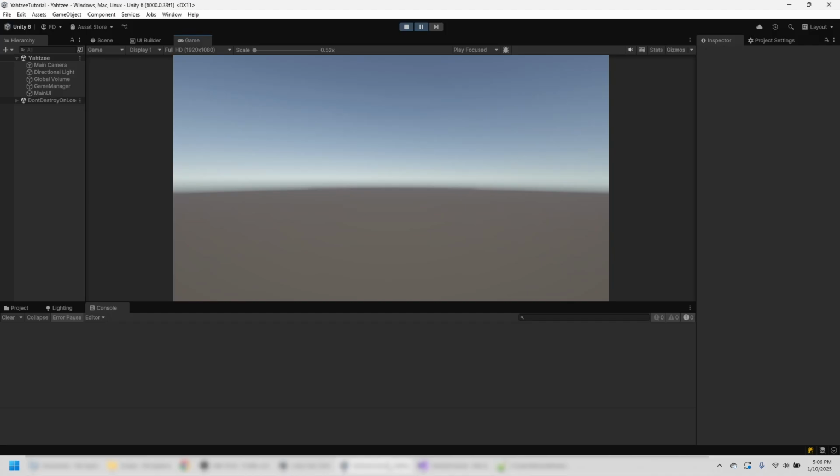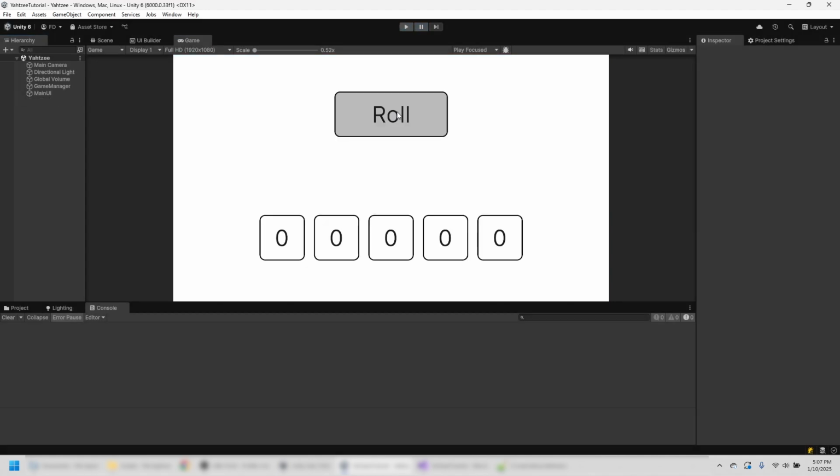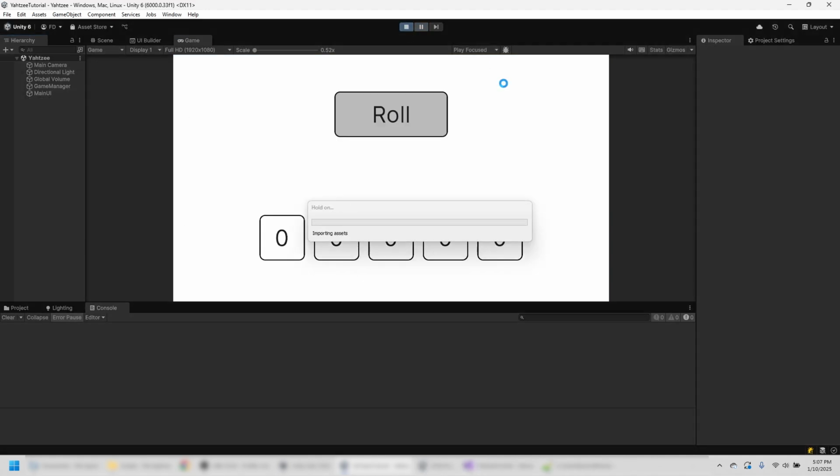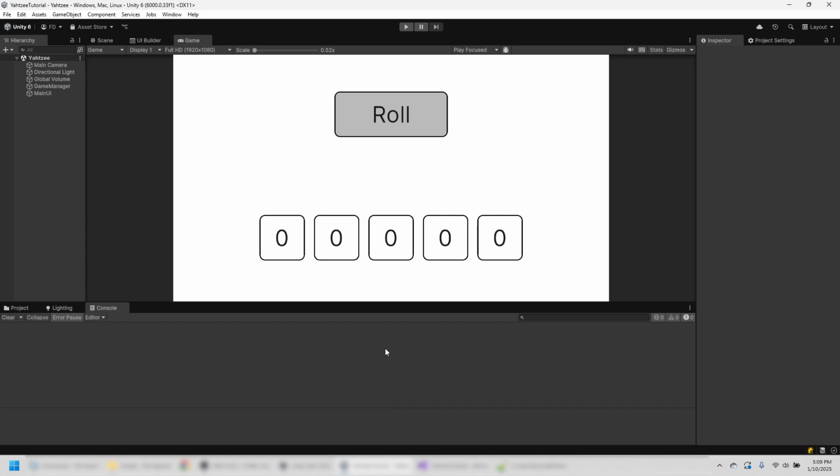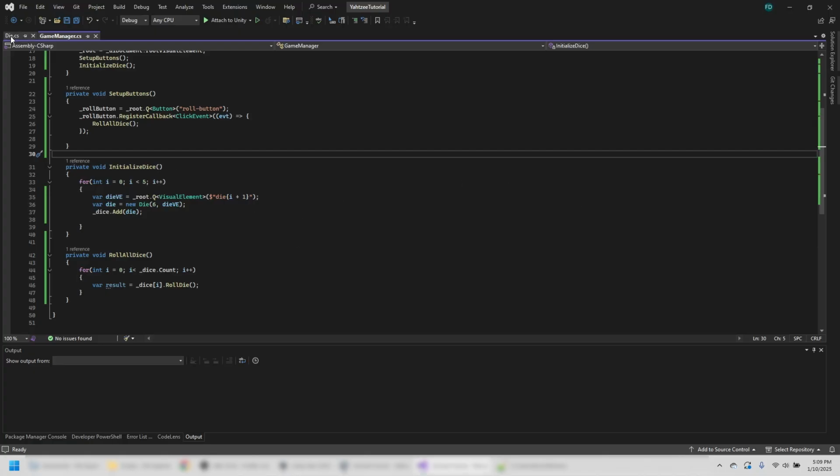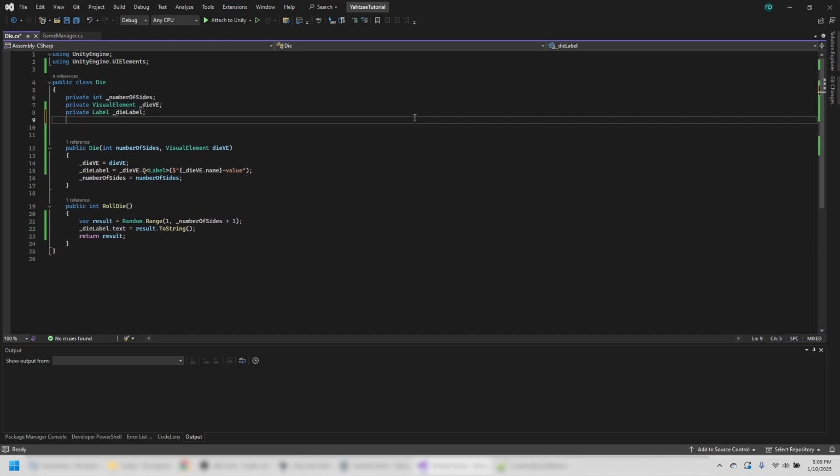Now let's have a look in the game if it works the way we expect it to. When I now press the roll button, the results will be shown on the 5 dice. Now we are going to build the mechanism to lock the dice, so when you want to keep a value, it doesn't roll again. So let's go back to the Die class and create a new private bool called canRoll